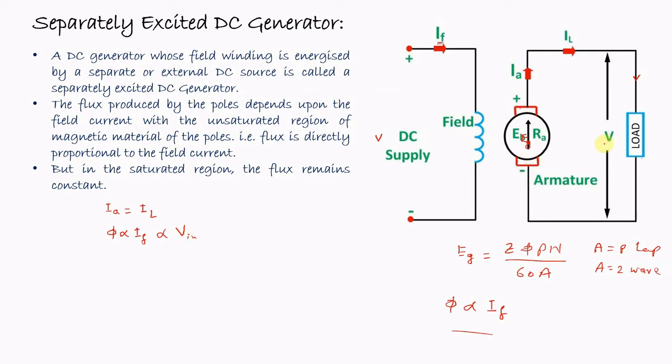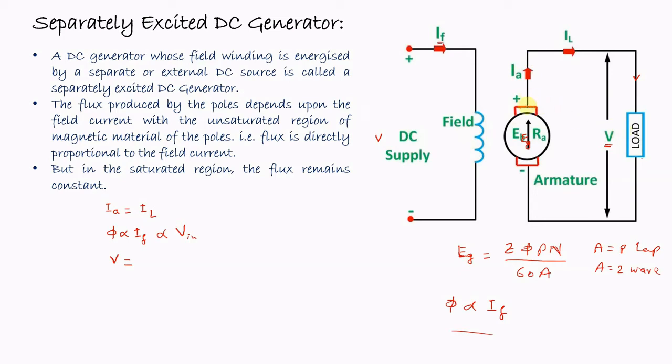Now here V is the voltage across the load. So the voltage across the load should be equal to the generated EMF, because when the magnetic field is produced, the flux is produced, and the rotor is rotating within the magnetic field, then according to the generated EMF formula, the EMF will be produced in the armature, and when the EMF is induced in the armature windings, then if the load is connected across the armature, then the current is supplied to the load.